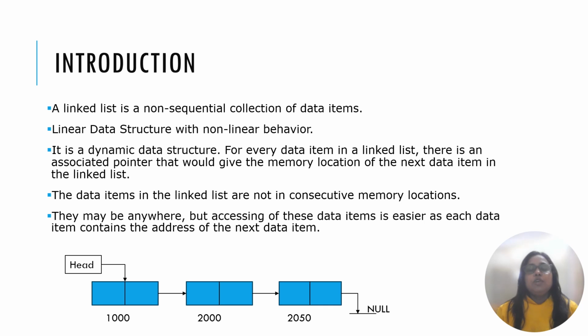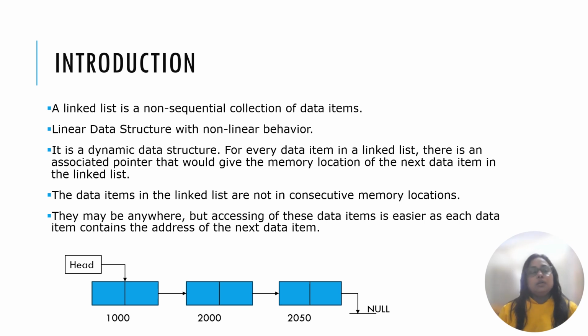So if we need to store 20 data elements, 20 into 4, 40 bytes will be consecutive memory blocks. But sometimes it may happen that in our internal memory, consecutive 80 blocks are not present,